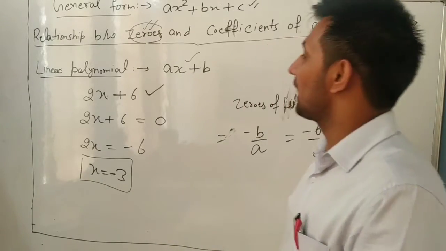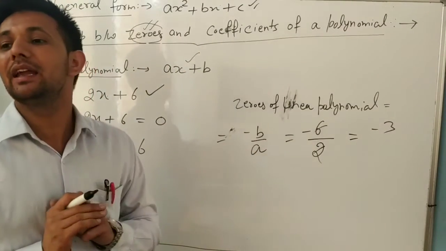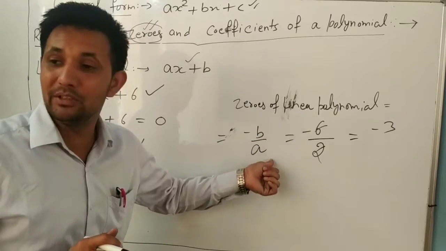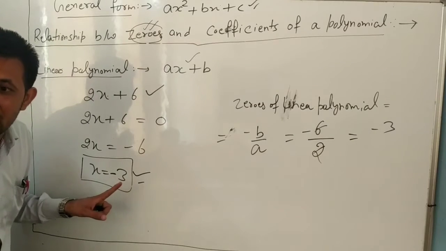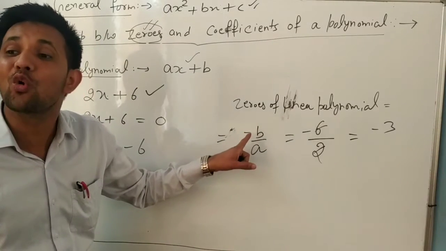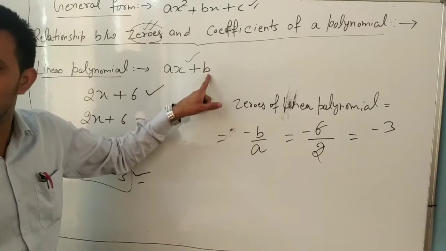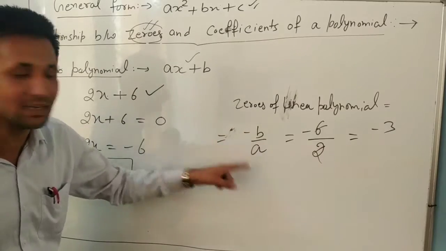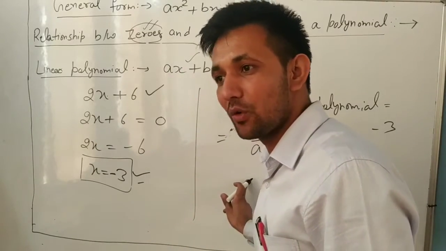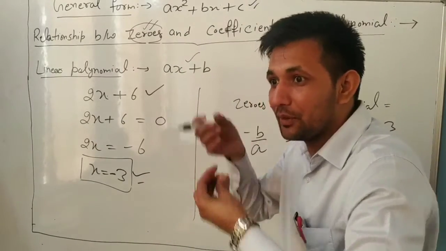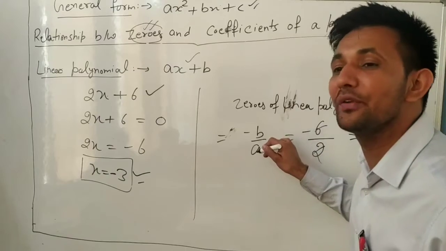Understand or not? So always remember, in a linear polynomial, how will you find the zero? Minus b by a. So it is the relation between the zero and the coefficients. The zero we found here is minus 3, and we can find the zero by using the coefficients also. Yes, b is the constant term divided by the coefficient of x. So we can find it like this. By both methods we can find the zero. Okay, so here it becomes a relation between coefficients and zeros. It means we find the zero from here using the coefficients.